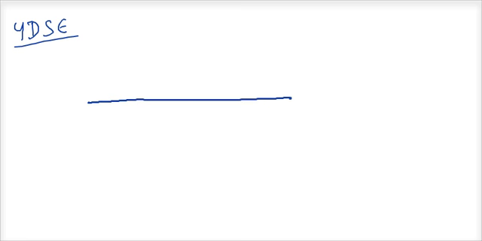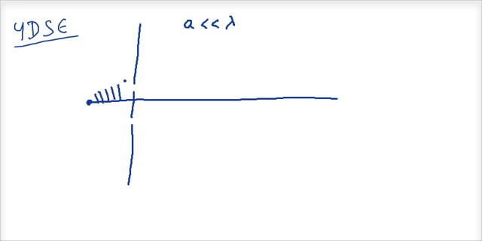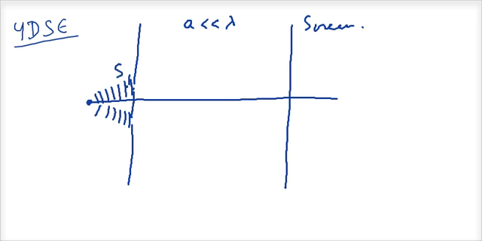What Young did is, Young took a screen and made two very small holes through them. The size of these holes is much less than the wavelength of light. And then he took a source here and placed them. So what happens is that waves go this way and the waves go this way. So when light reaches here, this will become a secondary source of waves, and then he placed a screen on this side. So we'll call this as S1 slit 1, we will call this as S2 slit 2. There are two slits, so this is called a double slit experiment.